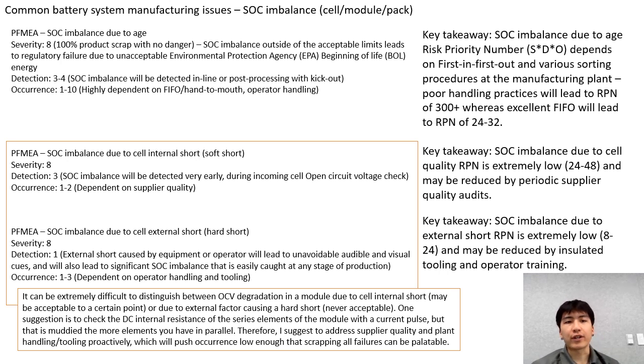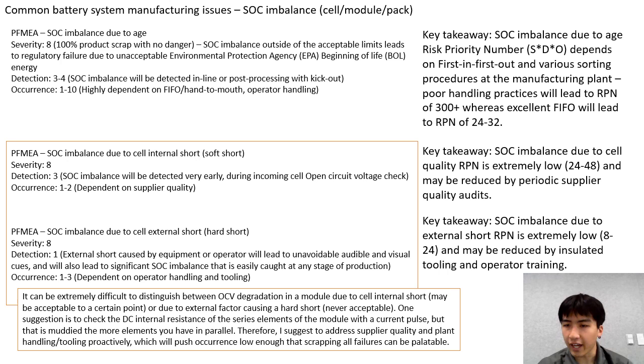Detection wise, I have it at a 3 or a 4, and 3 or 4 is basically like you can detect it pretty well. But 3 is like you'll detect it in line with the equipment, like it'll be kicked out, and a 4 is like you'll detect it, but it'll only be detected after the test, so it will be detected during post-processing. And the occurrence, I have it actually at a very, very broad spread, 1 to 10,